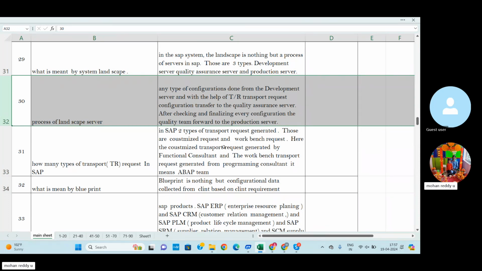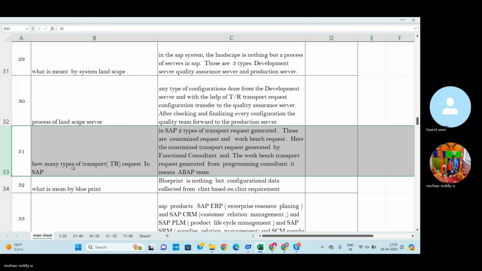So in SAP, two types of transport request are generated: customized request and workbench request. The customized transport request is generated by the functional consultant, and the workbench transport request is generated by the programming consultant, it means the ABAP team.